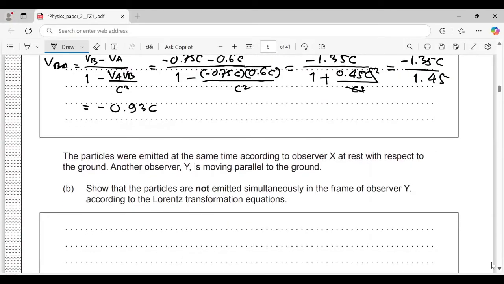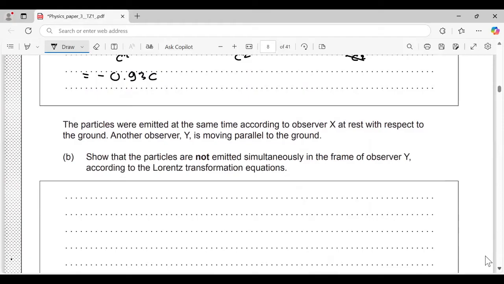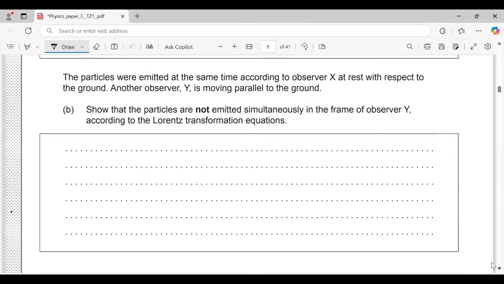The particles were emitted at the same time according to observer X at rest with respect to the ground. Another observer Y is moving parallel to the ground. Show that the particles are not emitted simultaneously in the frame of observer Y according to the Lorentz transformation equation. Okay, so we are going to use the Lorentz transformation,